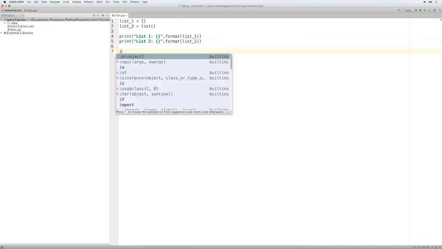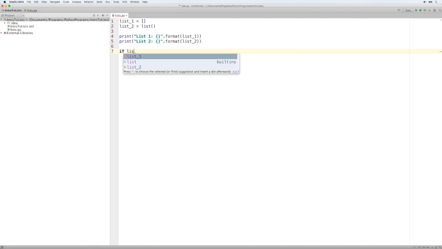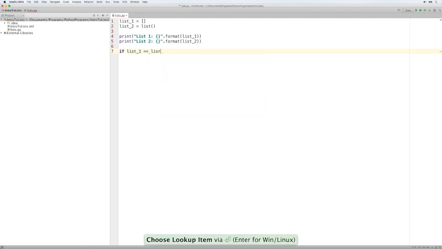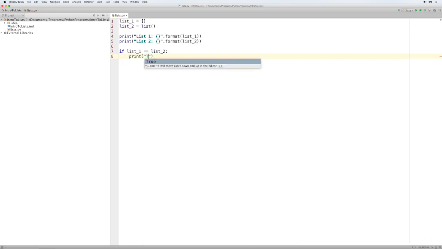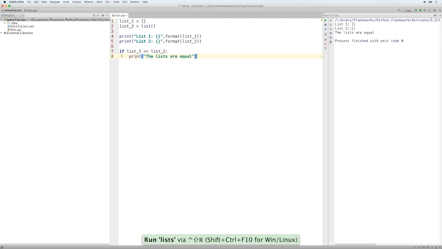And I can put if list_1 is equal to list_2, print the lists are equal. So let's run this. We can see that both are empty lists. List 1 and list 2 are both empty, as you can see there. And we get confirmation by doing the comparison, the double equals signs to compare them, and they're both considered equal